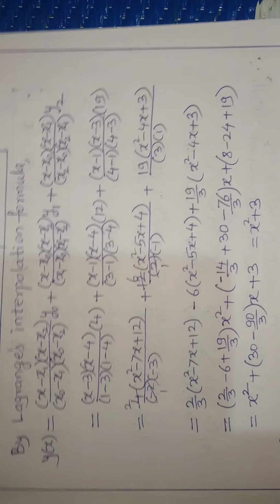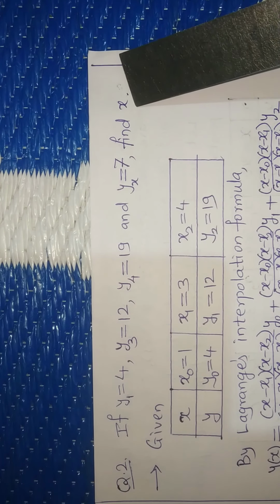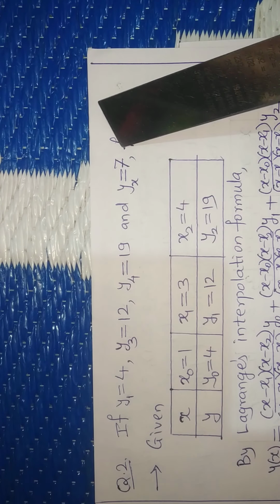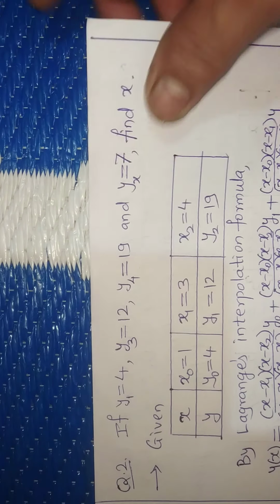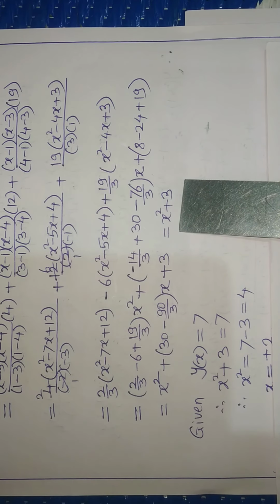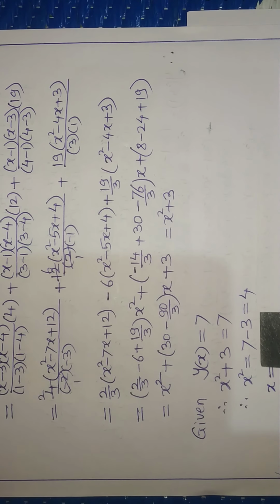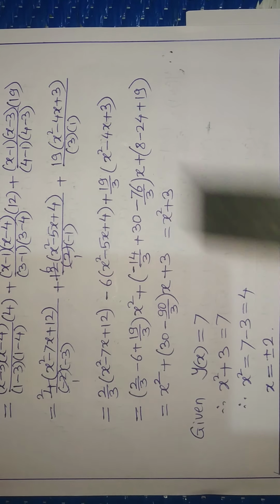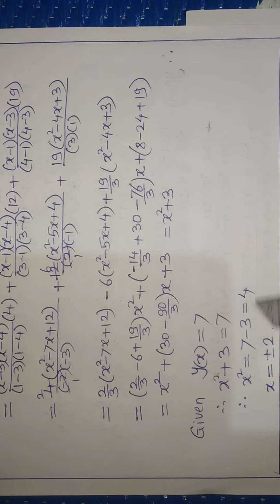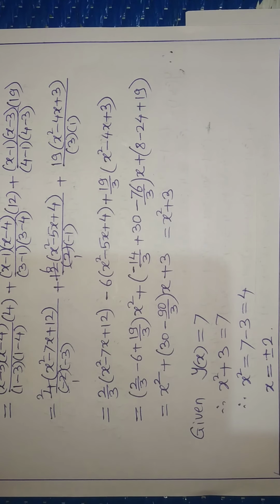Alright. Now what you wanted to find out, let us go back to the question. The question says, find x where y of x is 7. So I have to go back to whatever I have got as the result. So the result was y of x was x square plus 3. So we are writing x square plus 3 is equal to 7. So we got x square is equal to 7 minus 3 is 4. So x will be either plus 2 or minus 2. But our data talks of positive terms, so we'll prefer 2. But both the answers are correct. So plus 2 will be interpolation, and if you are going to minus 2, it will be called as extrapolation.